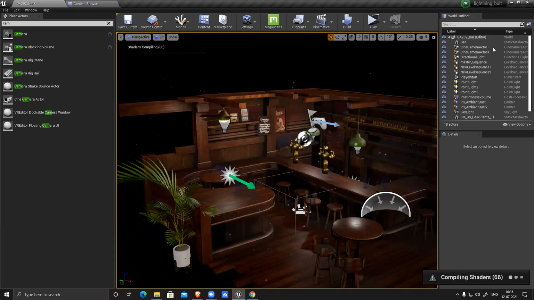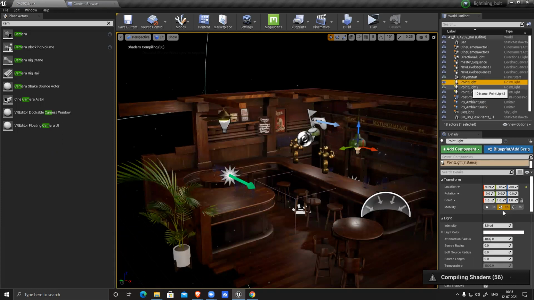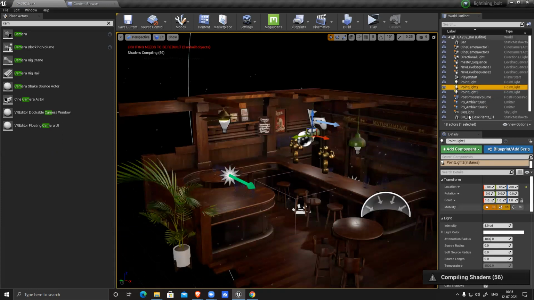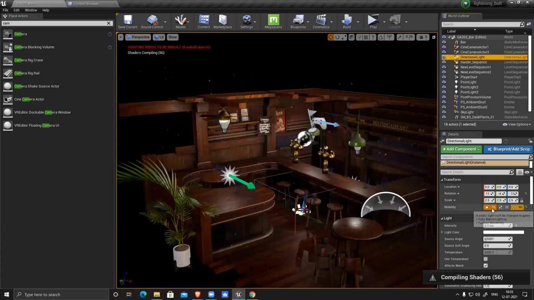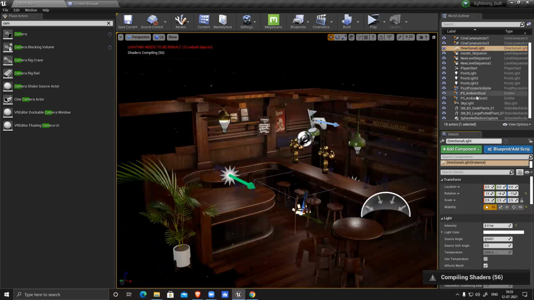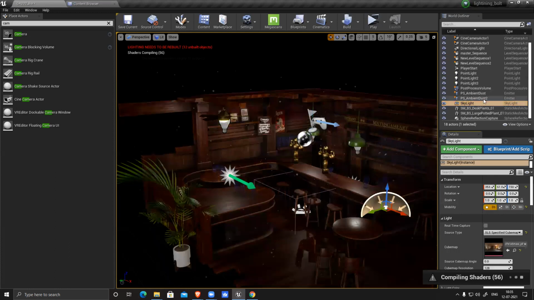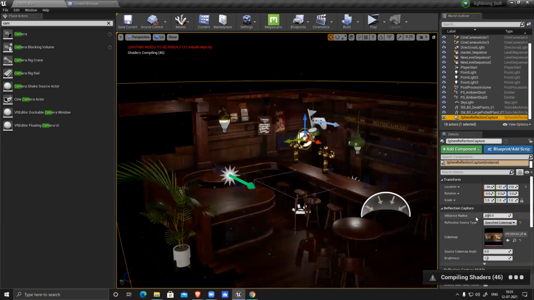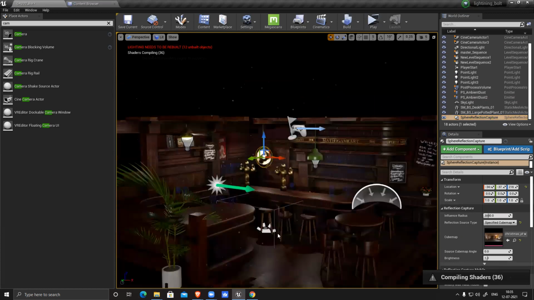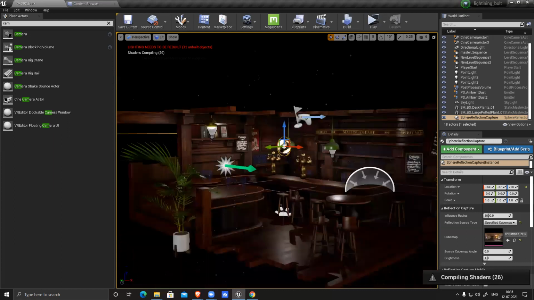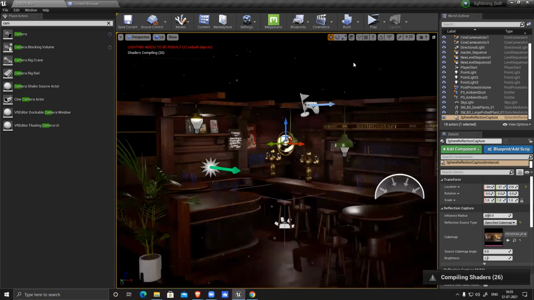I have added these dust particles. It's compiling. And now what I have to do is change my lighting setting to static for baking purposes, because all the lights I need to bake. So all the lights I have to convert into static light. Now once it's done, I have to build my entire lighting.